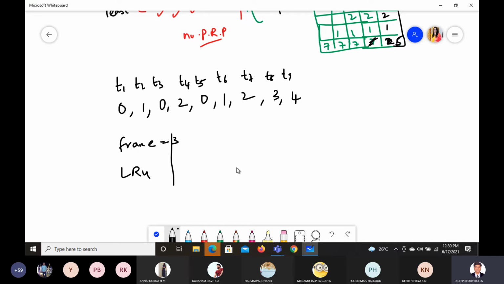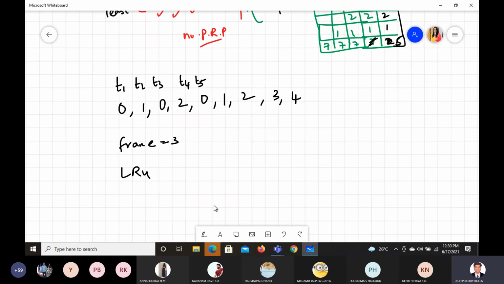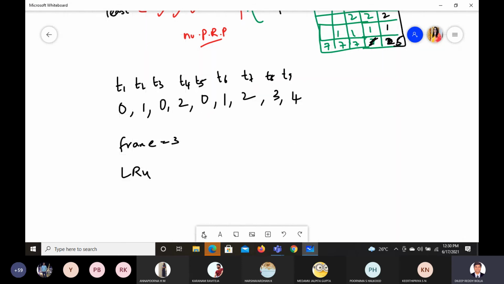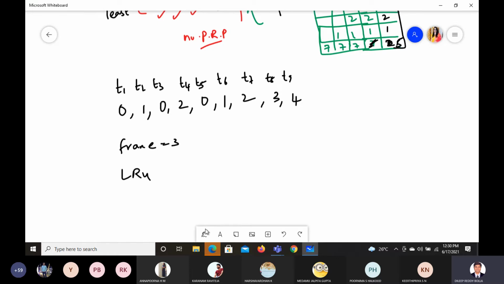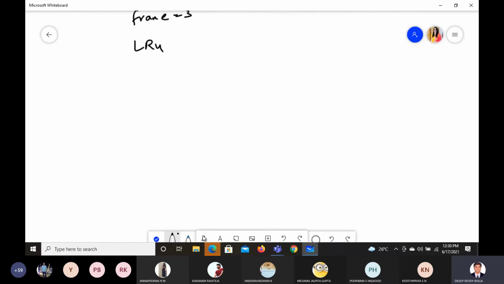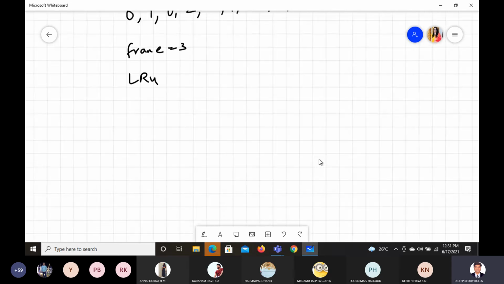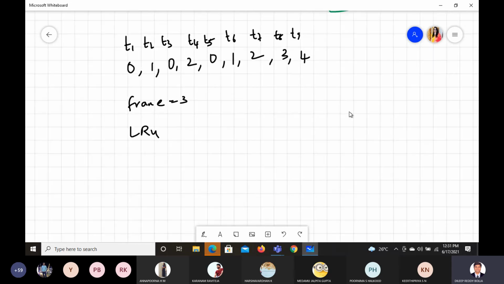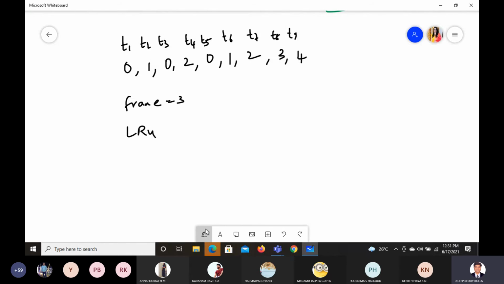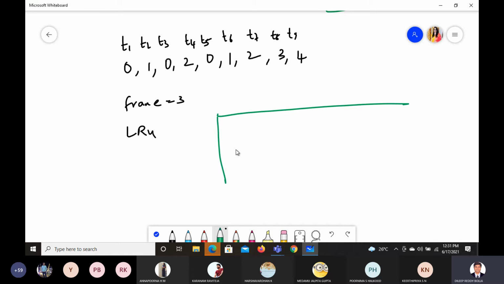So let us begin with the frame size. The frame size is 3, right?